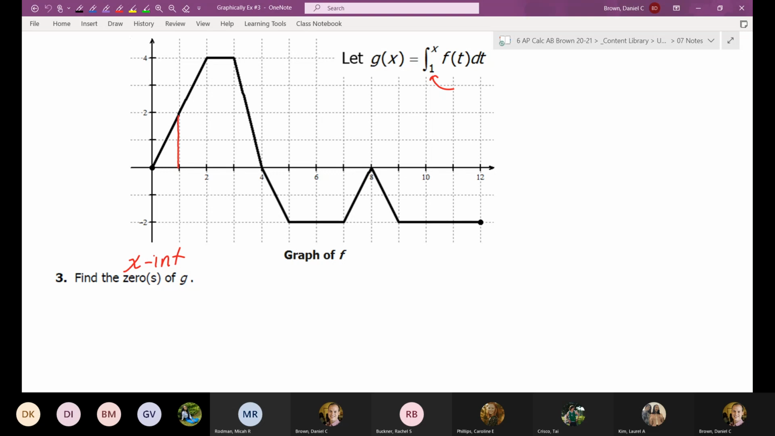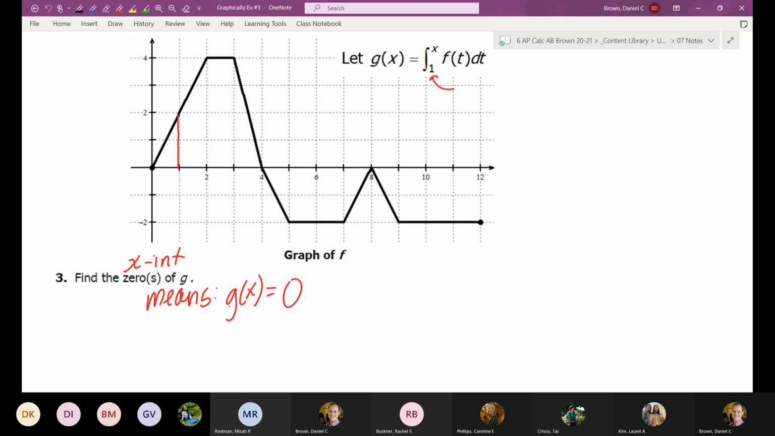Well, we said y equals 0, so we basically set the function equal to 0. So when I see this, find the zeros of g, what does that mean? That means that basically we're going to take g of x and set it equal to 0. So again, we're just going to take stuff that we already know and now apply it to this integral defined